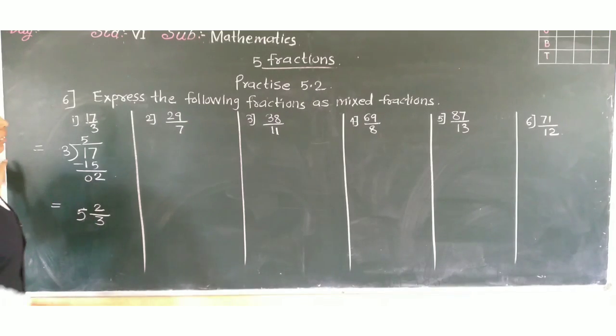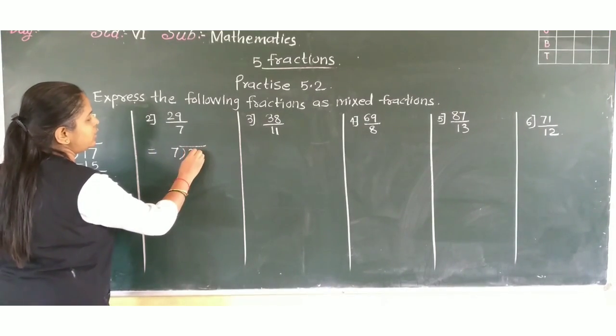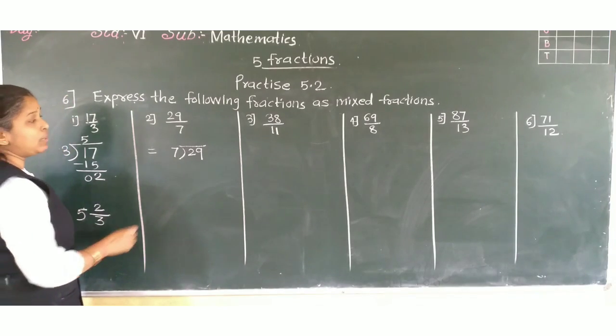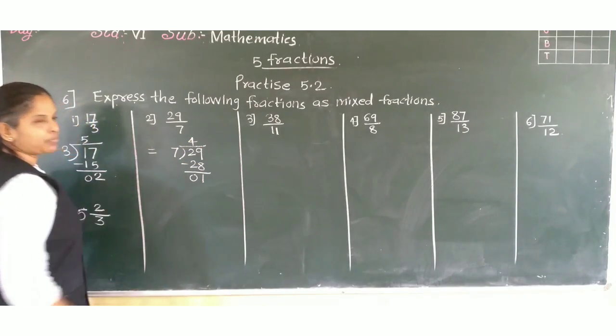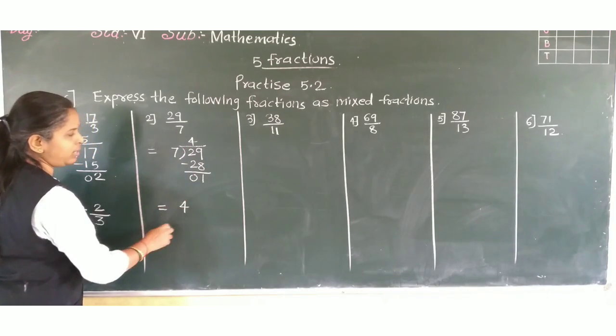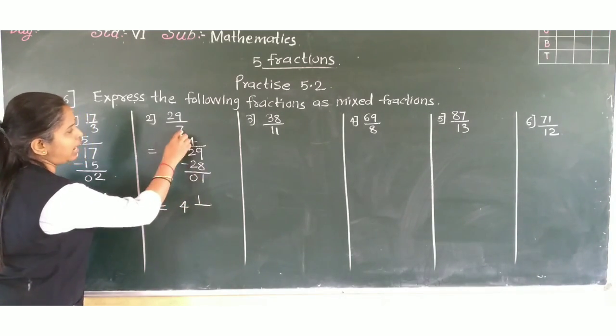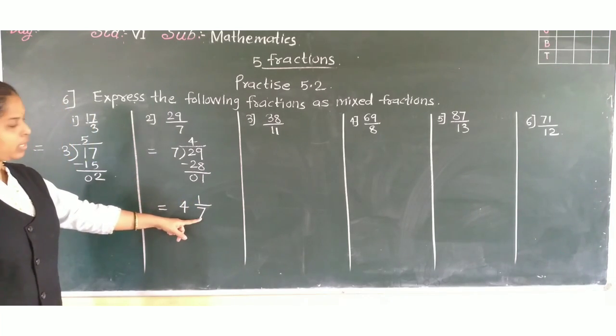Correct? In this way. Now 29 upon 7 means you have to divide 29 by 7. See, 7 4s are 28. Correct? So, how to write? Quotient as the whole part, remainder as the numerator, and denominator as it is. Okay? Next,